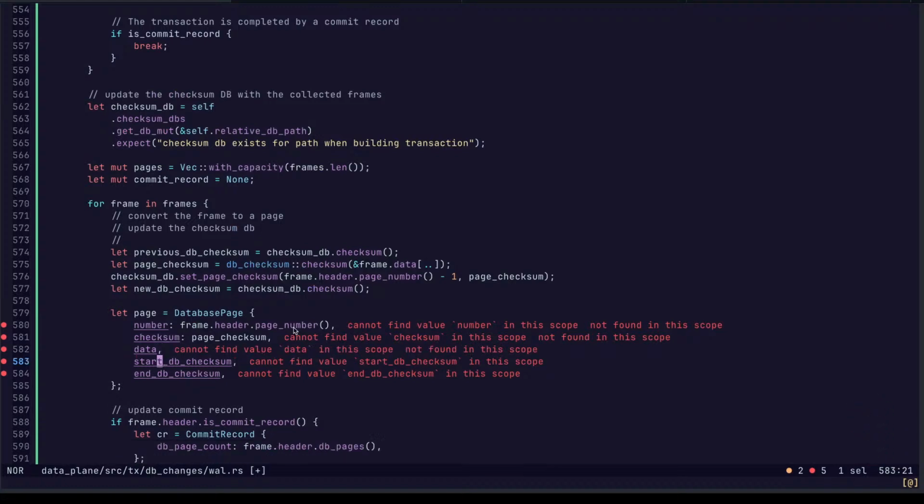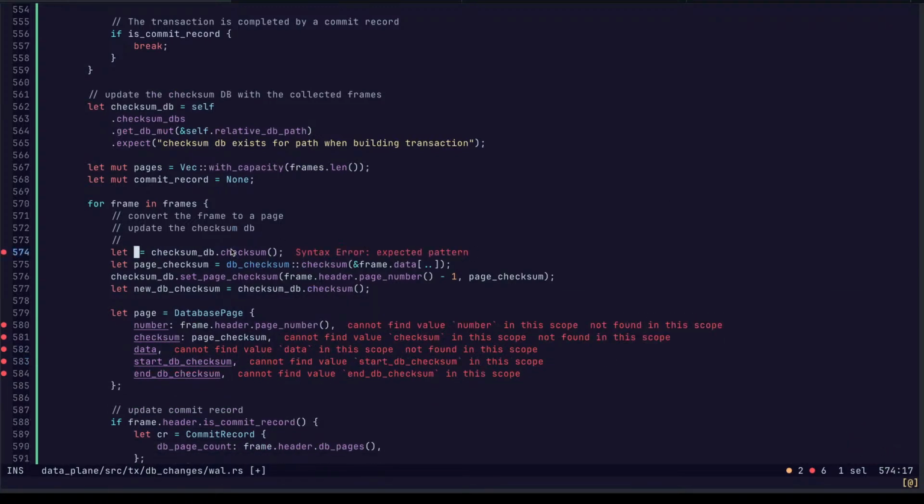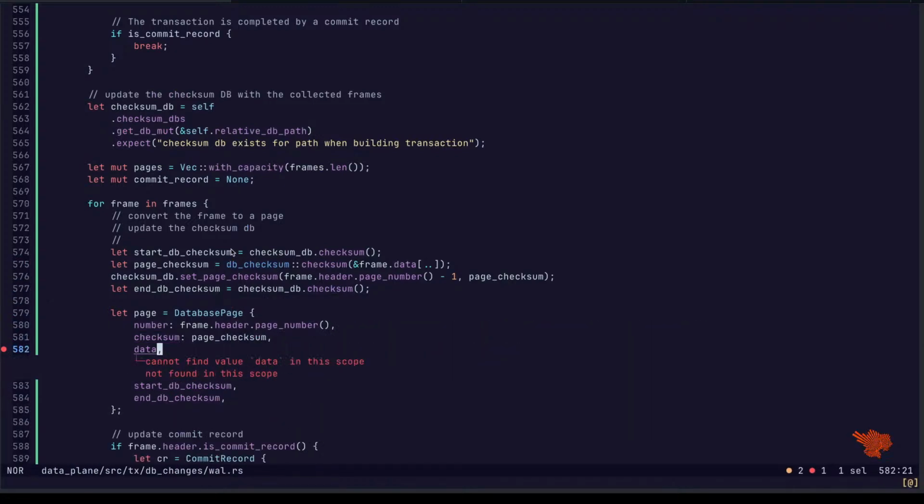Data. Get to that. Start DB checksum. Let's just now the data.